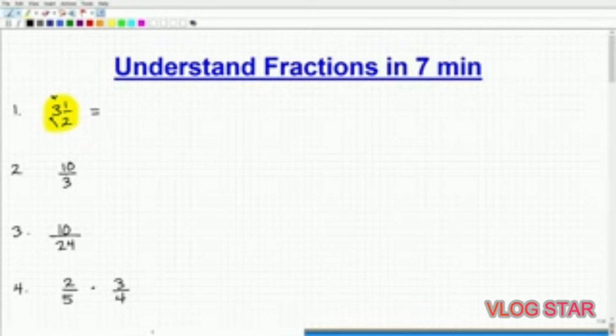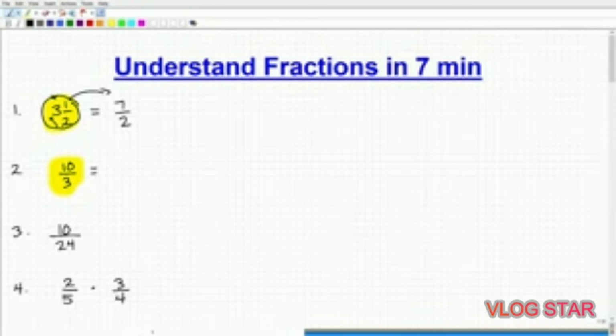So you probably remember how to do that. So that's going to be 2 times 3, that's 6, plus 1, that's 7/2. Okay, so we need to be able to take mixed number fractions and turn them into improper fractions. Now, let's move on to our second problem: we also need to take improper fractions and write them as a